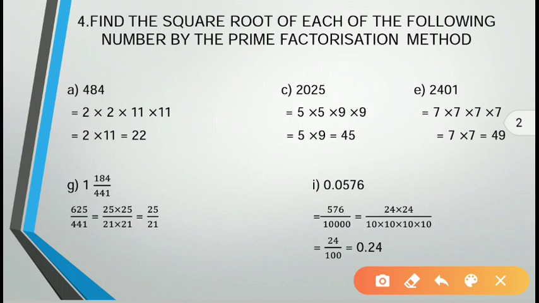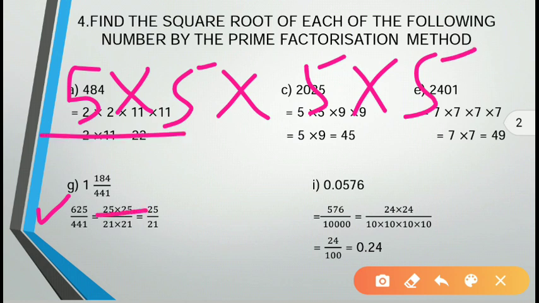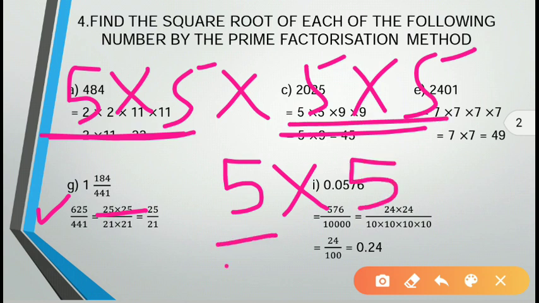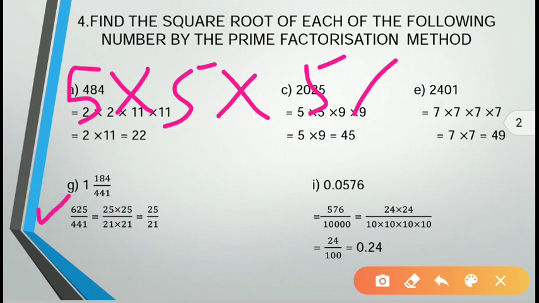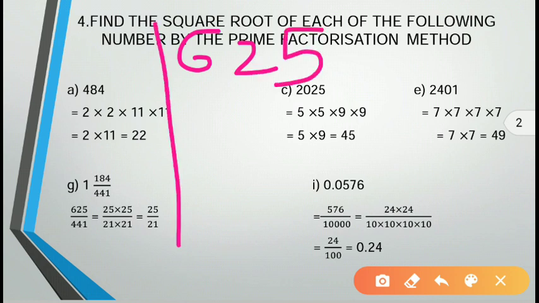First of all do a prime factorization of the numerator and then the denominator. When you factorize this numerator you will get 25 into 25. This can also be written as 5 into 5 into 5 into 5. So when you start making pairs, from this you write one time 5 and from this you write one time 5, again you will get 25 only. It is up to you if you want to divide 625 by 5 each time. This is also correct. If you know that it is easily divisible by 25, you can directly take 25.